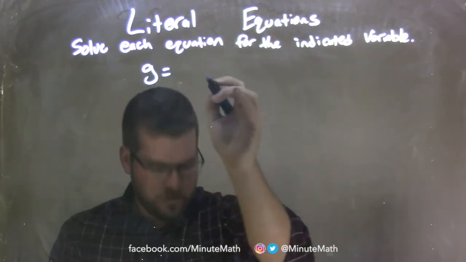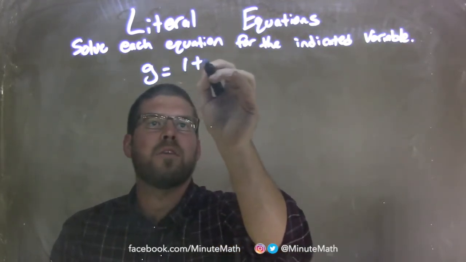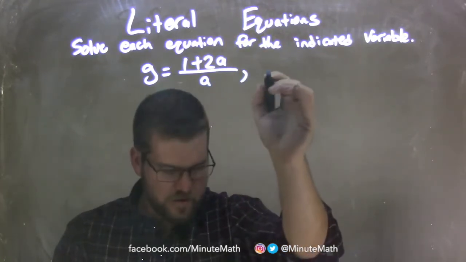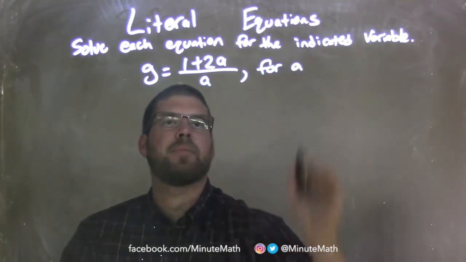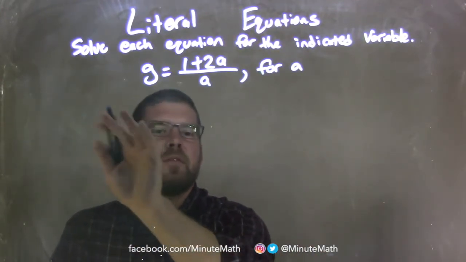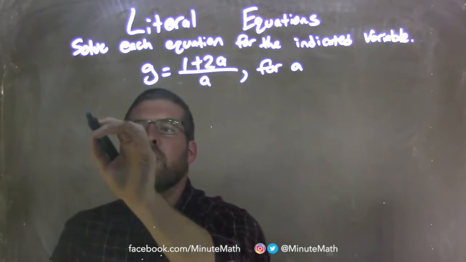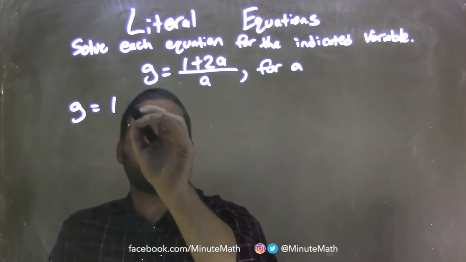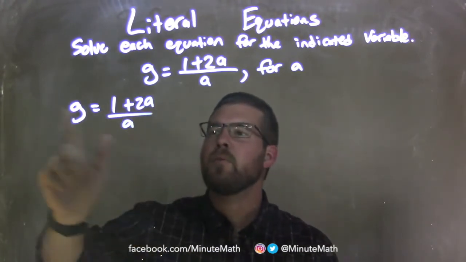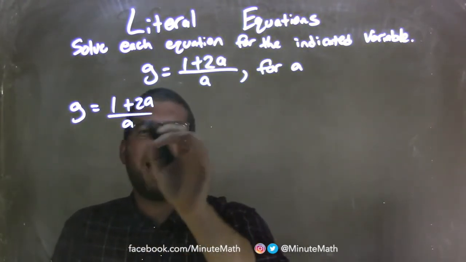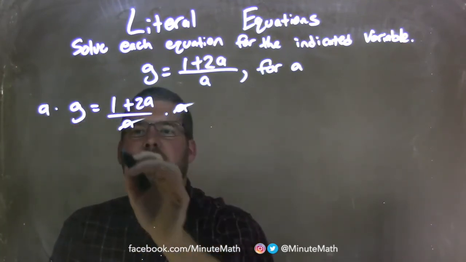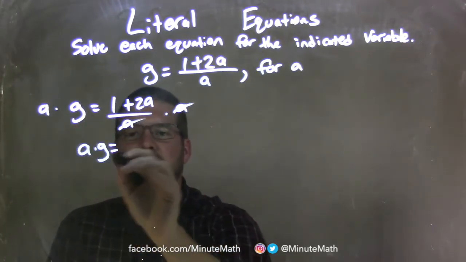g equals 1 plus 2a over a, and we're solving that for a. Well, first I'm going to rewrite my equation here. I'm going to give myself a little space on the left in case it gets a little more complicated. So g equals 1 plus 2a over a. My first step is to multiply both sides by a to get a out of the denominator. Multiplying both sides by a, the a's cancel here,